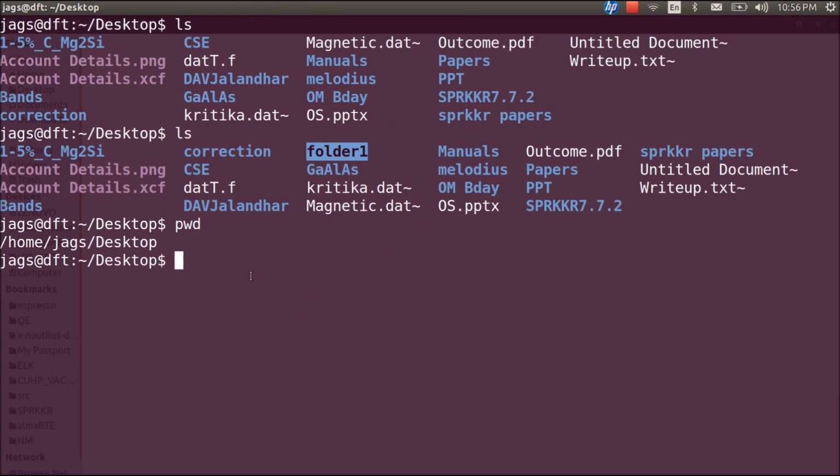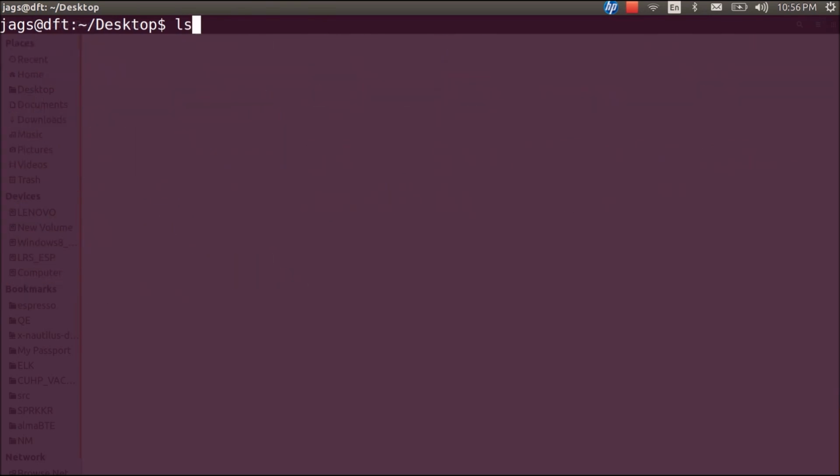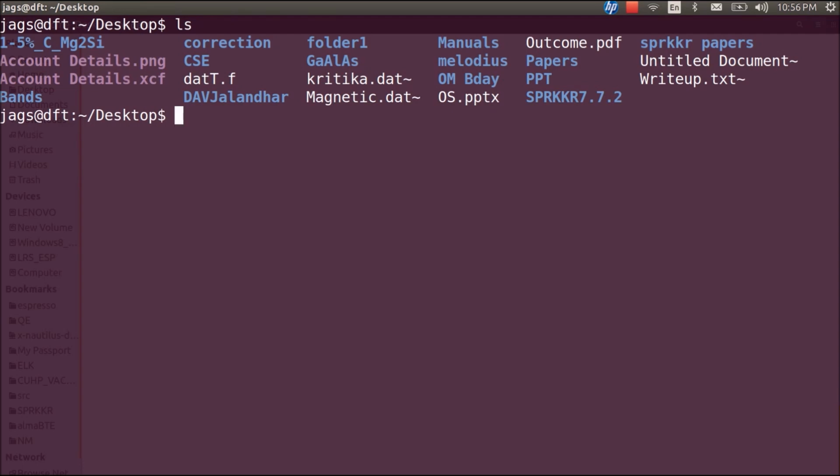So how to go to folder 1, that's how to do. Let me go one folder back. How to create a new folder using command line? The command for this is mkdir, which is something like make directory. Directory means folder in Linux. So in Linux we usually call them directories. So mkdir, say